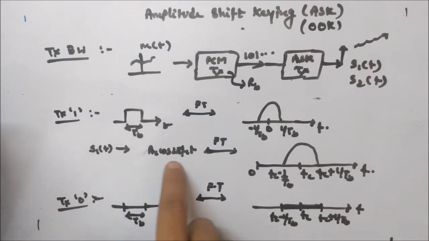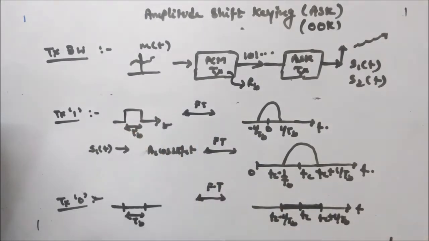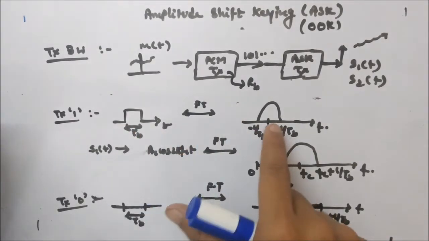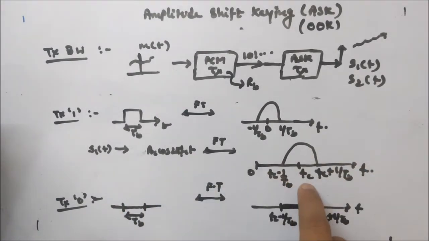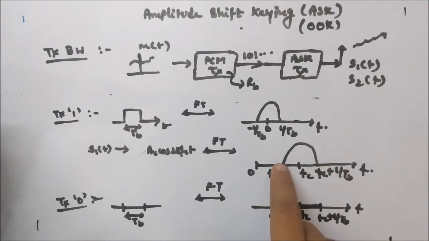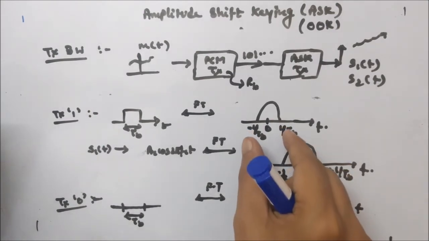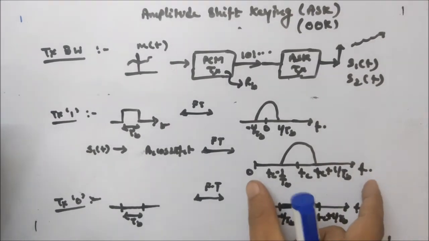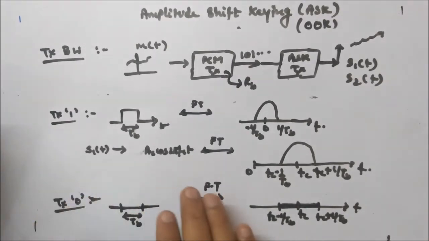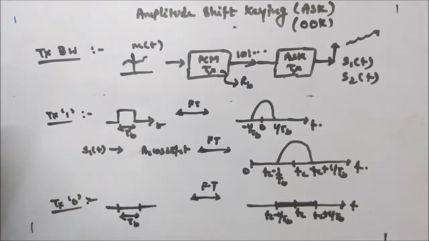Now S1(t) is Ac cos 2πfct, which means you have multiplied Ac cos 2πfct with this signal. So the Fourier transform will get modulated, shifted on the frequency axis. It will shift to the center fc, with points fc plus 1 by TB and fc minus 1 by TB. This frequency domain signal is shifted to fc. That is the positive axis, and similarly it will be shifted on the negative axis as well, but we are not interested in that. We are only interested in the positive range.